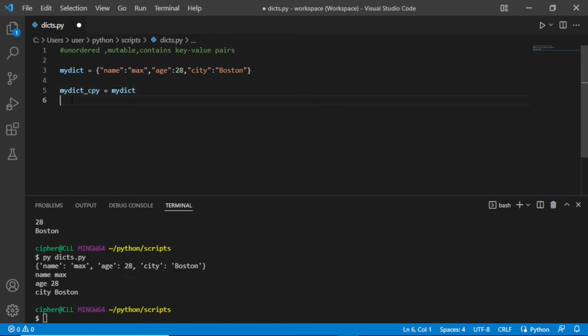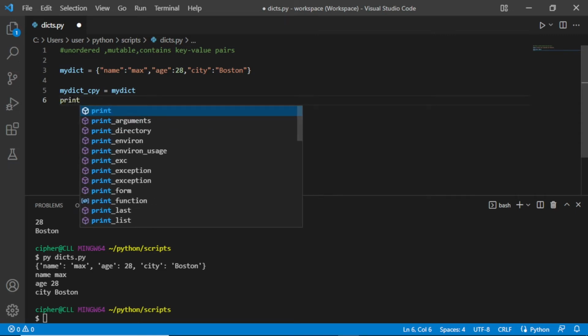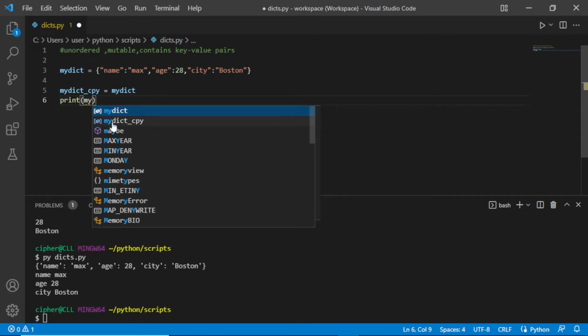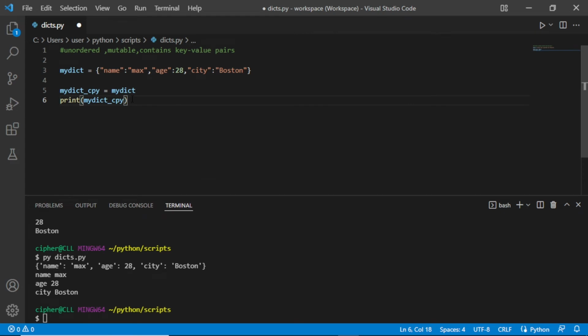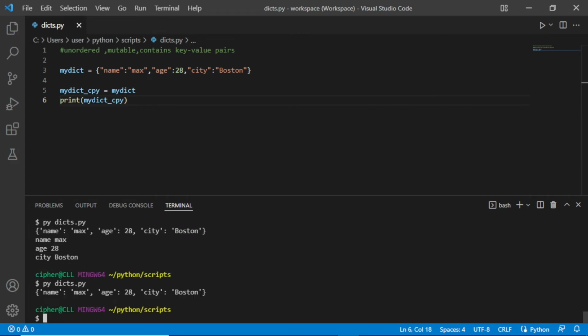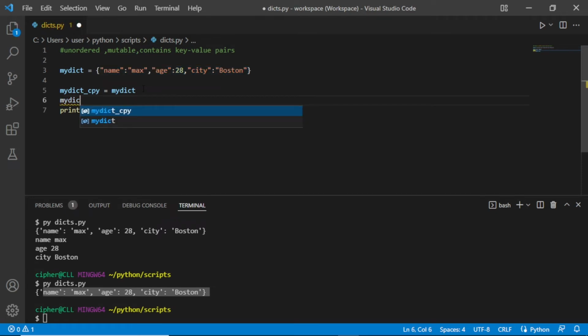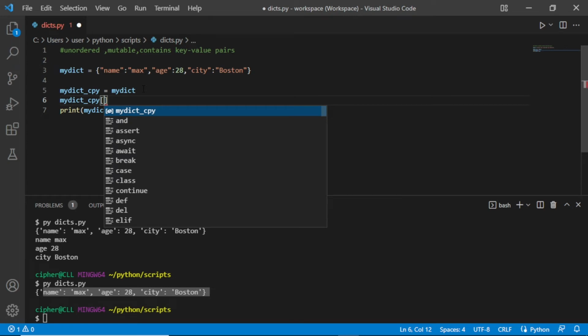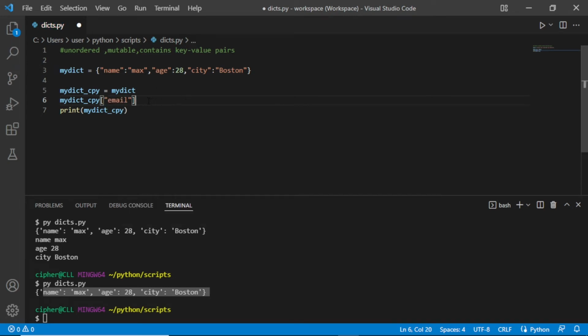Now if we print my dict copy and save this, we are going to have the original dictionary, which we have here. Now if we say my dict copy, let's try to add an email here, and give it equals to, let's say, max